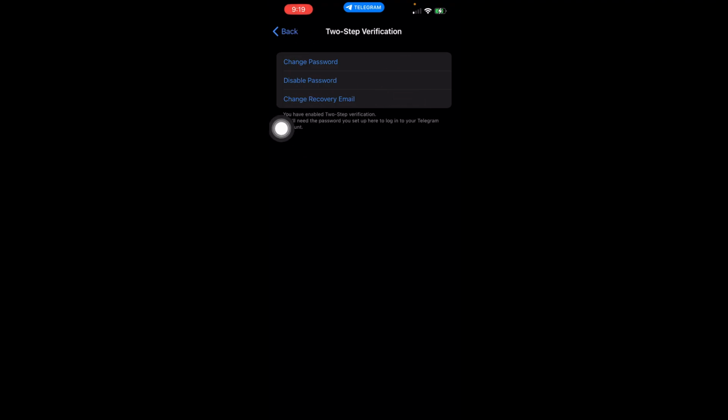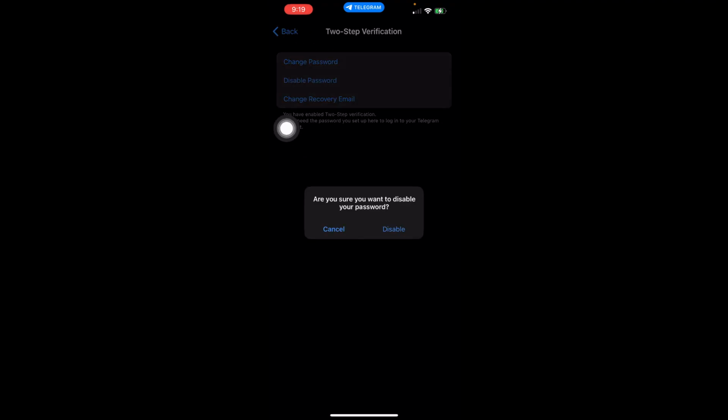After typing your password, this will prompt on your screen. So you want to disable your password in order to disable or delete your 2-step verification on Telegram. So just tap on disable and it will work, and it will not need you to have